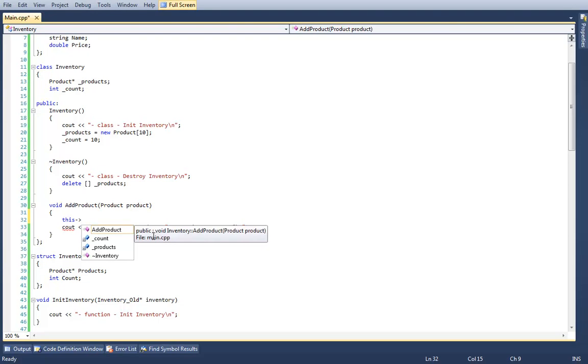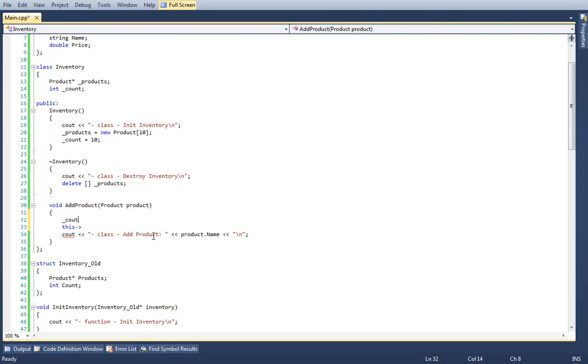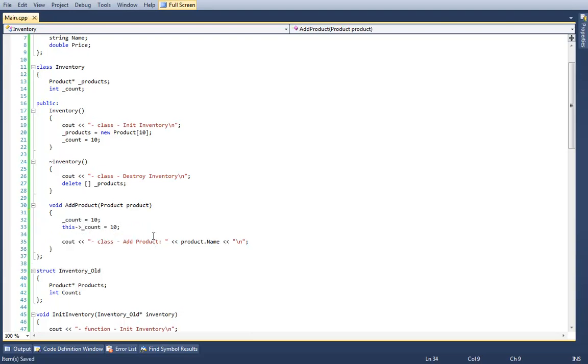Notice how I can use the member dereferencing operator and access its members. I can also access the members directly. I can say count equals 10, or I can say this count equals 10. A special note, just because this confused me for so long: this, as it's used here on line 33,